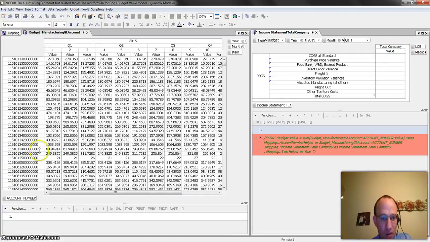I also have over here another matrix that has account number, and then it has this budgeted value, if you will, by month. Okay? What I want to do is take the account numbers and match them to the income statement line that they're associated with, and I want to have the value populate based off that association. Well, what I need is to establish that association, and I've done that by